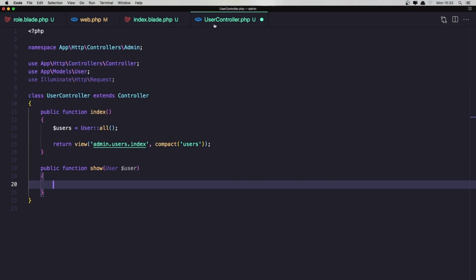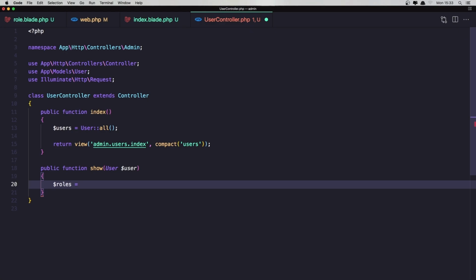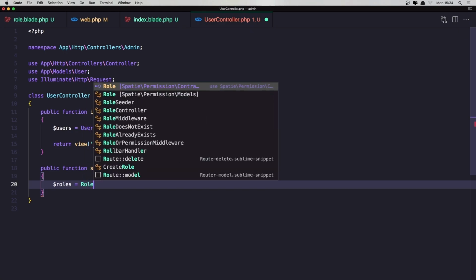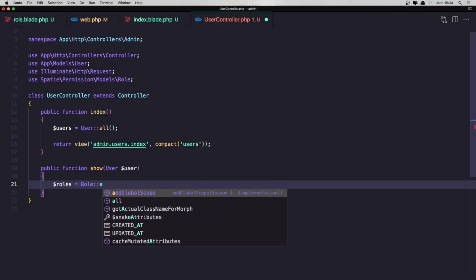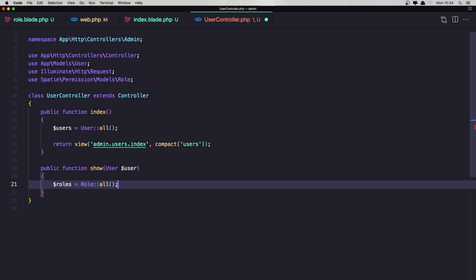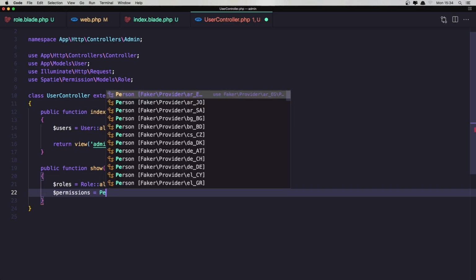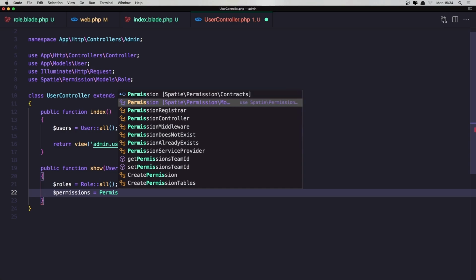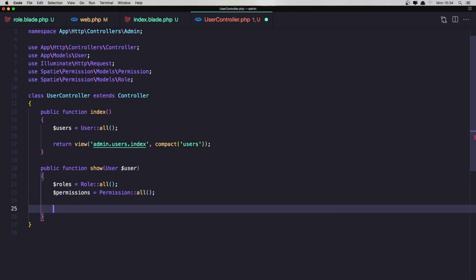Okay, so let's say here $roles is going to be Role, and import Spatie permissions models Role, all, and also the permissions is going to be Permission, import the model from Spatie and say all,